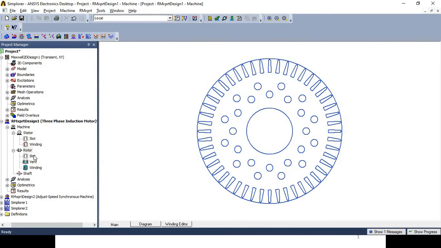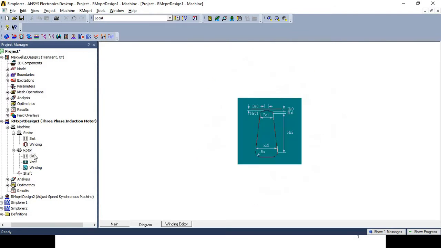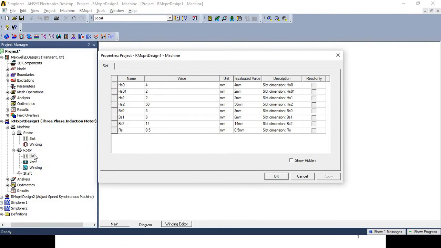Okay. Then the next part, the rotor consists of different sub parts like slot, vent, winding. If we go through the slot, in case of the rotor design input, we had selected the rotor slot of type 4, and we had seen the meaning of HS0, HS01, HS1, etc. parameters.